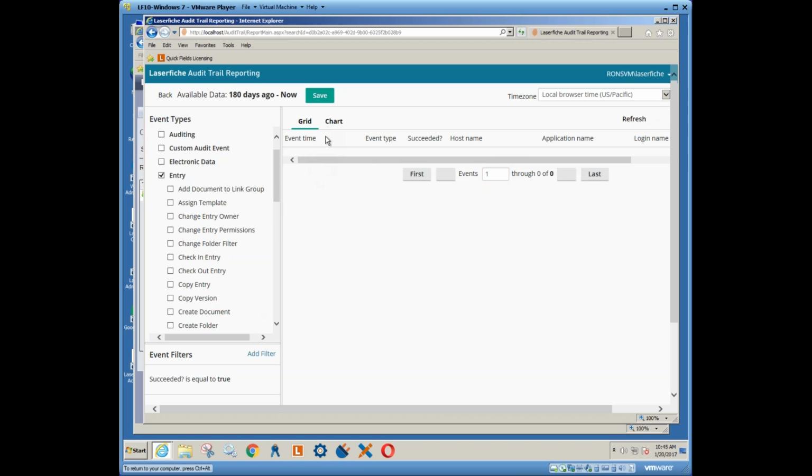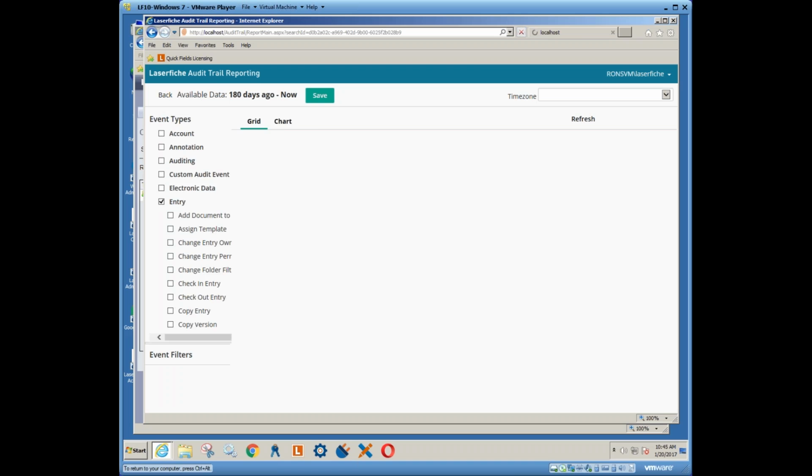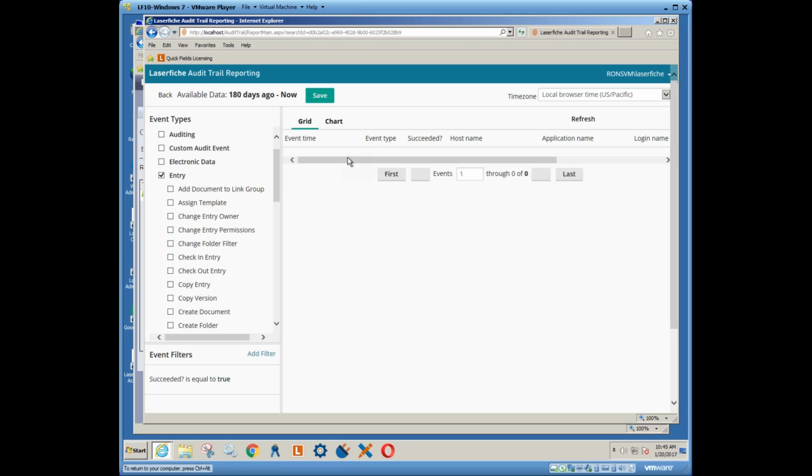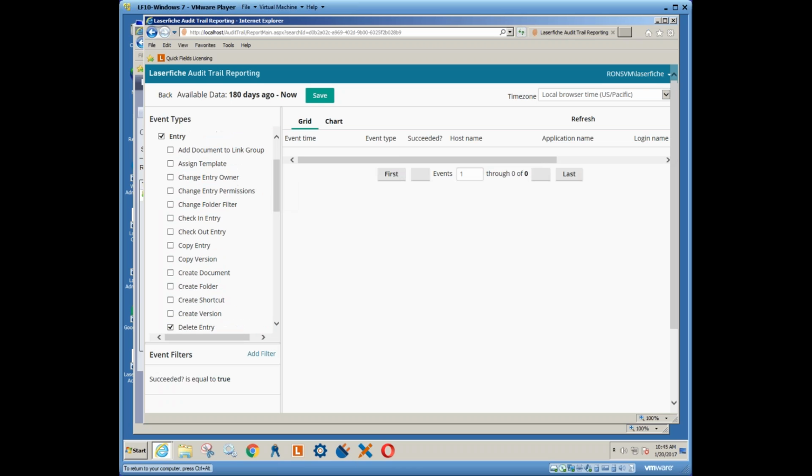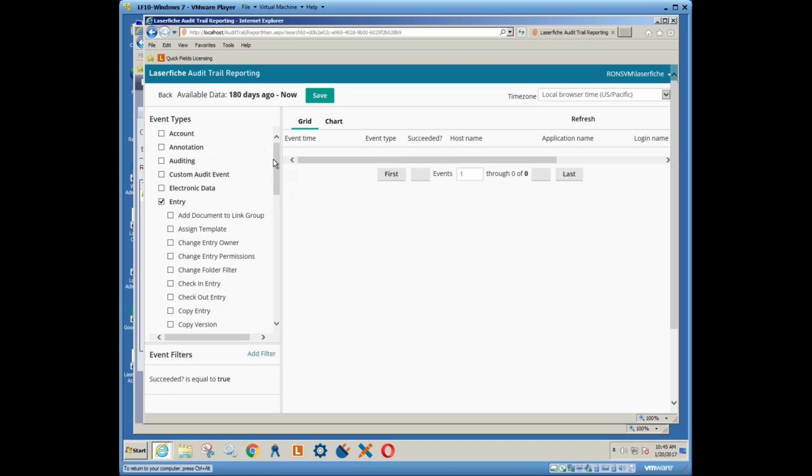It should show us what we need. We can hit refresh, and there has been no deletions, at least that it was tracking, in this system. So when you're building a report, it's very simple. If we go ahead and collapse this down,